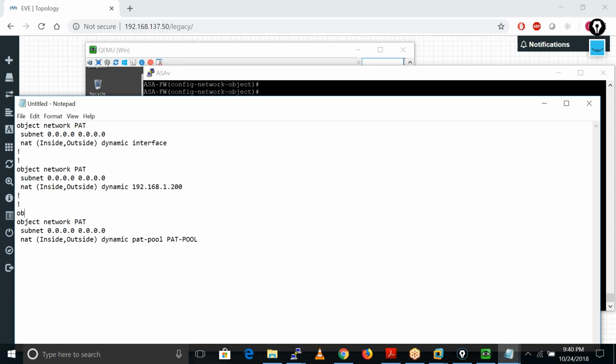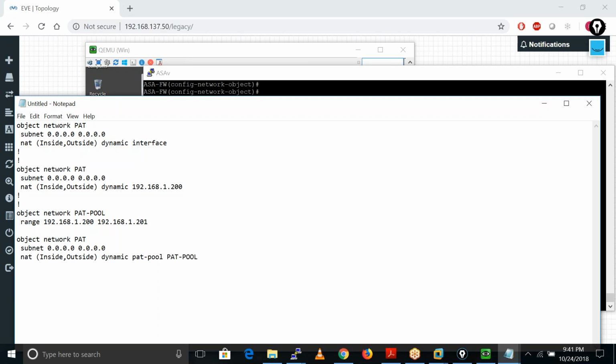So the first thing for the PAT pool is object network. There you can write the name pat-pool. After that you can define the range, 192.168.1.200 to 192.168.1.201. Okay, these are the commands for the PAT pool.